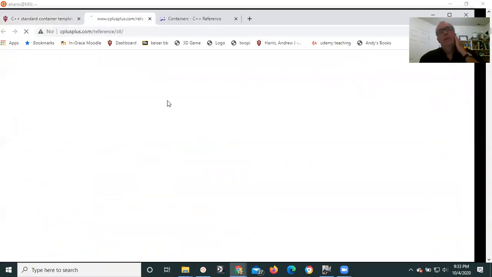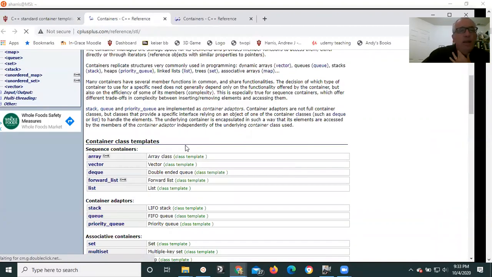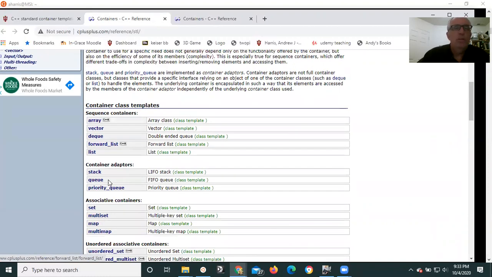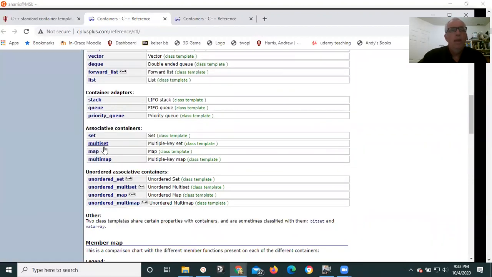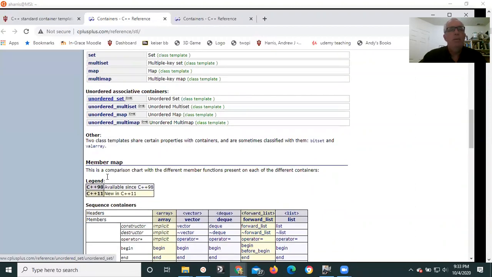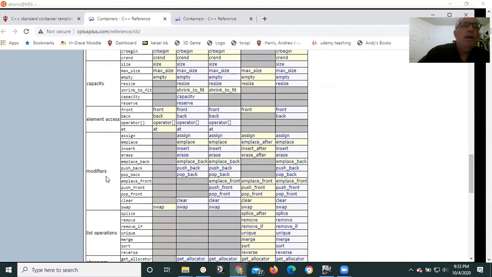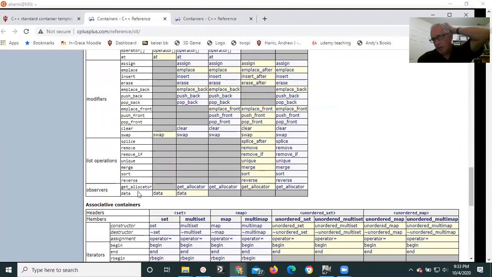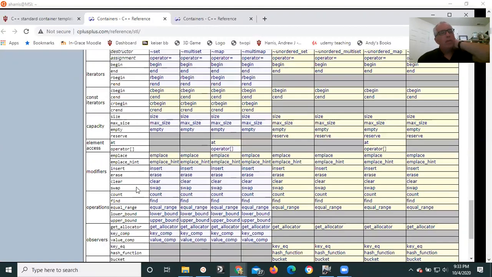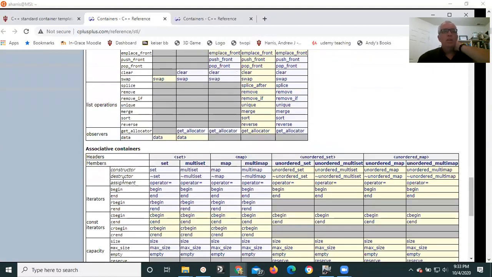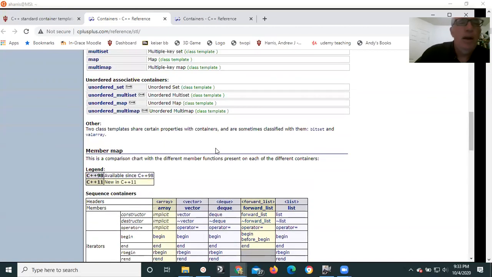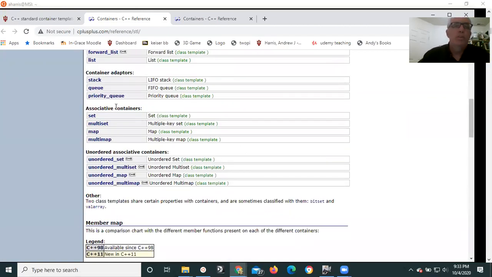You'll see a bunch of these containers. So there's a container for a fancier array, and vector. DQ is double-ended queue. And we'll do some of these. We'll do a vector real soon. And a map and a multi-map and some other cool things. Now, I'm not going to go through all of these things. I will show you a couple of them. And you'll see that once you understand how these work, they turn out to be super, super useful